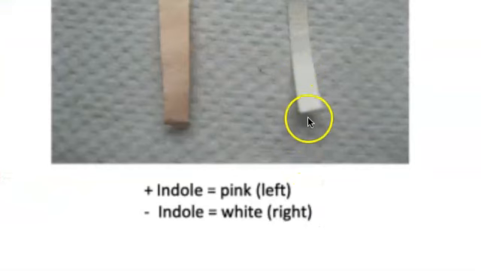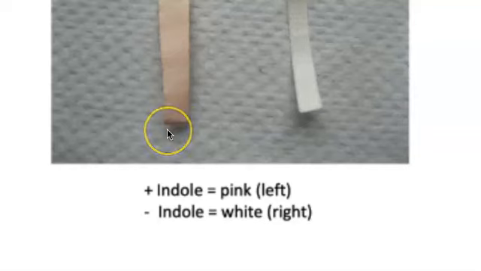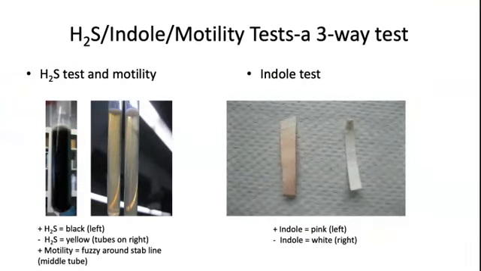So these paper strips here, the one on the left has turned pink, so that means it's positive for the indole part of the test, and the one on the right is white, which means it's negative for the indole part of the test. And then finally, for the motility portion of the test, you're looking in the tube where